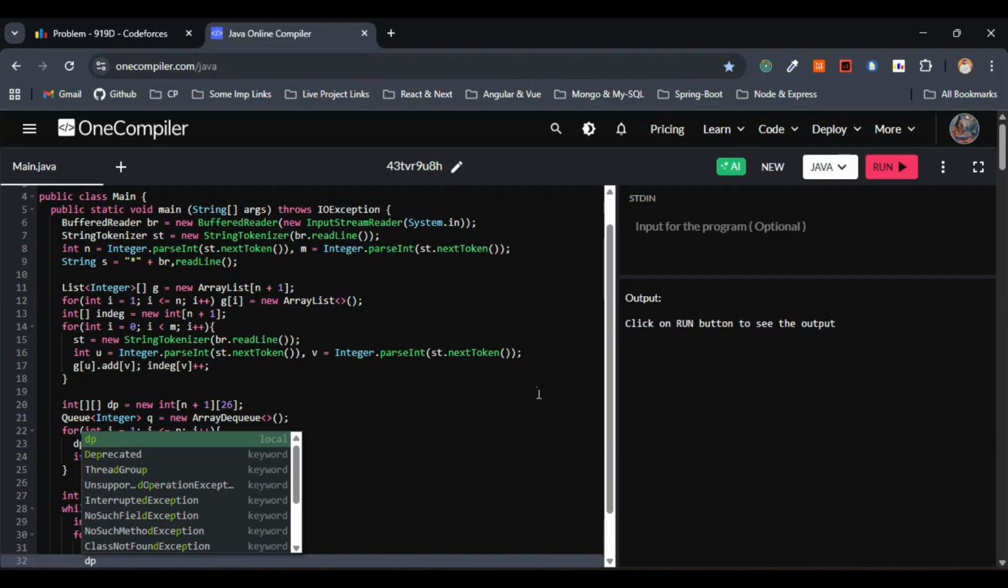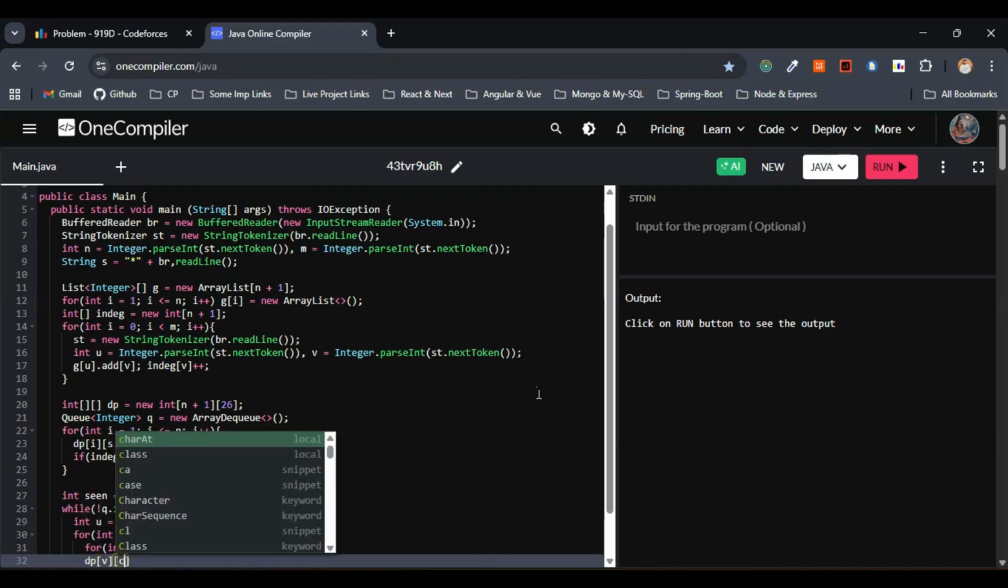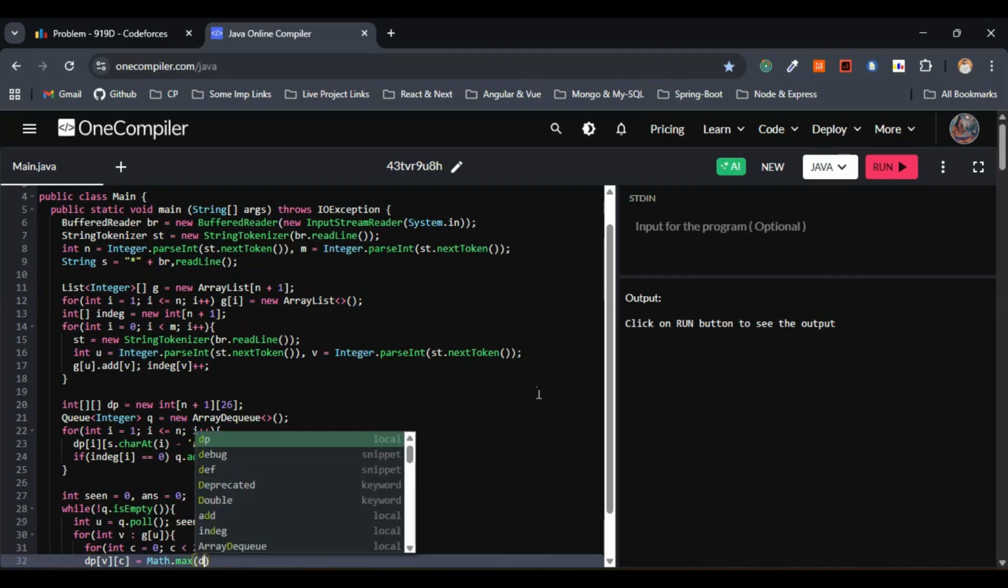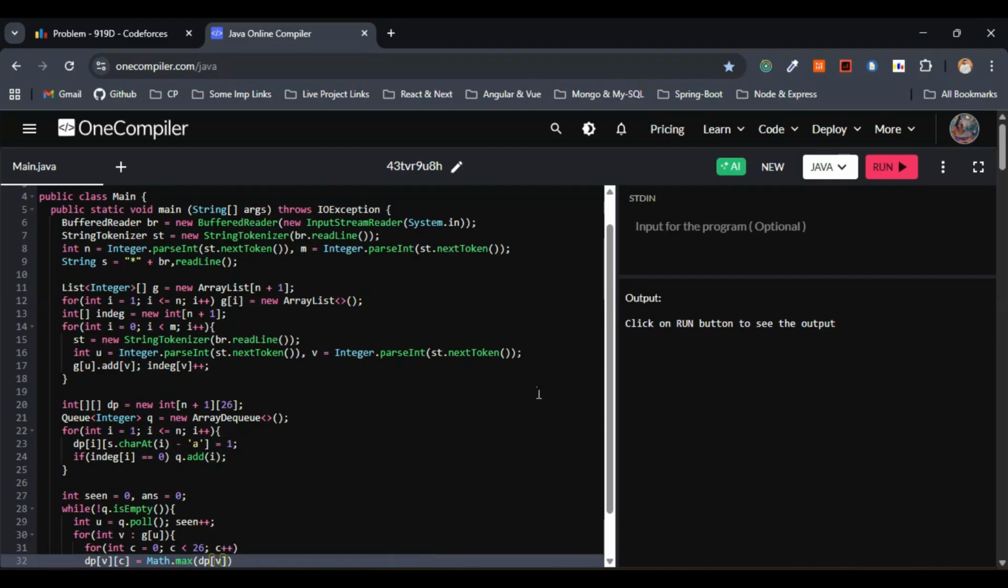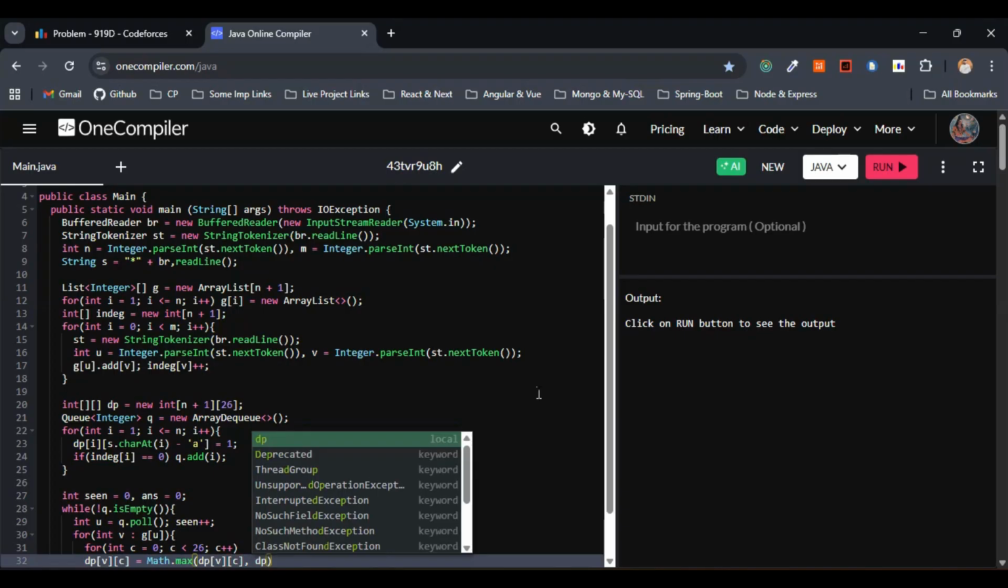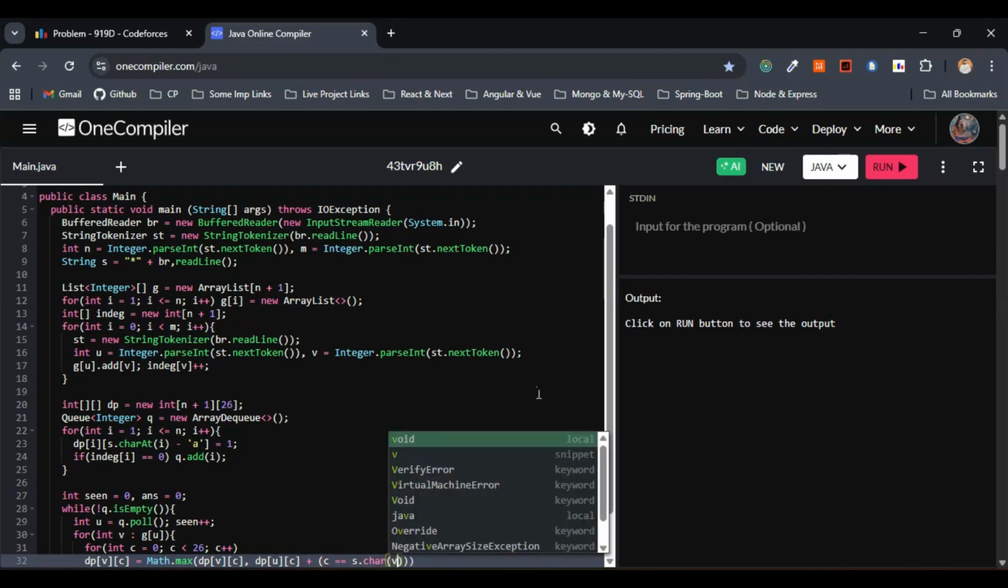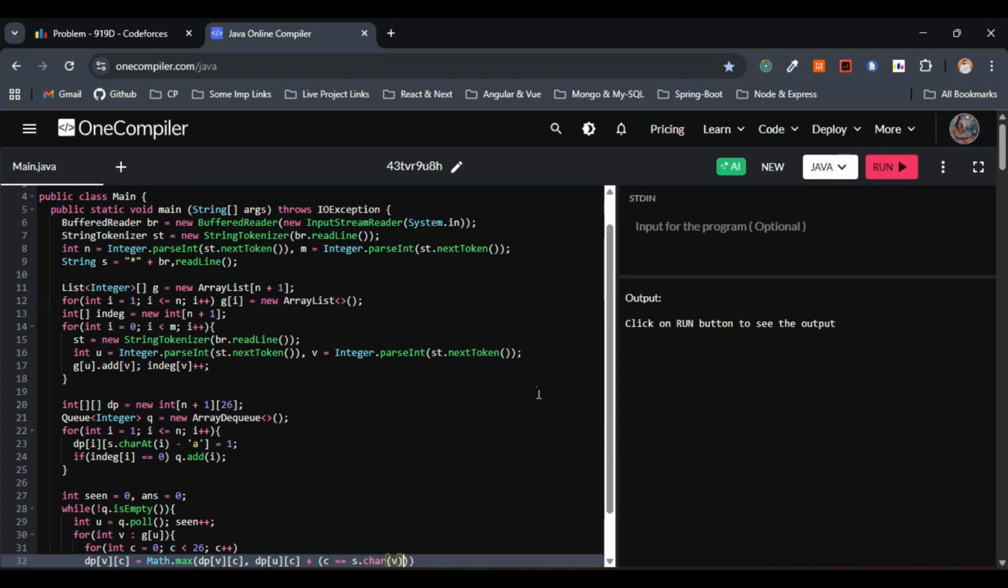Now, dp of v and c, let me assign this to the kind of formula we wrote. If you remember, Math.max, which I had explained in the approach. So this will be dp of v, c, the same thing, comma dp of u, c, and here it will be plus if the value of c is equivalent to string.charAt of v,